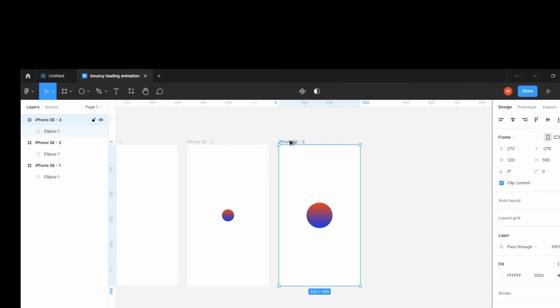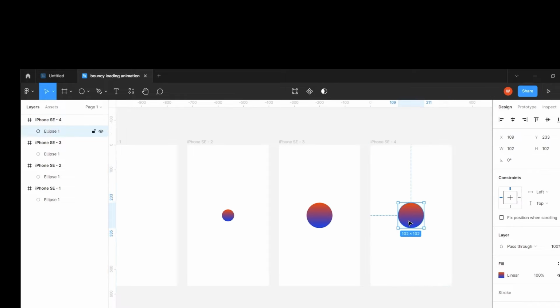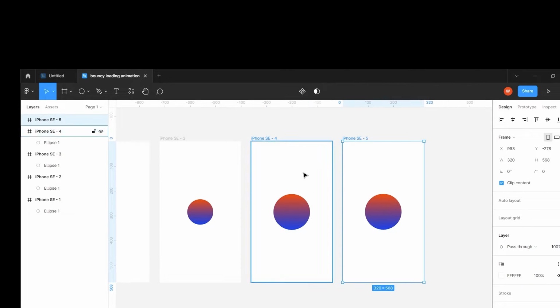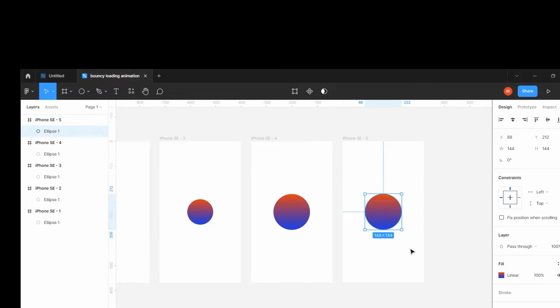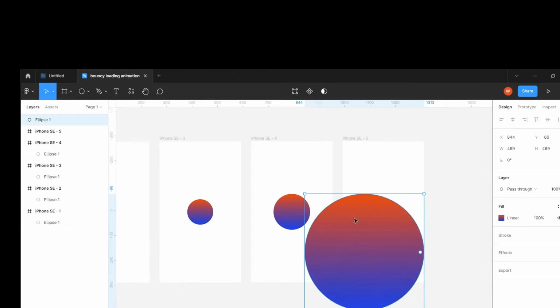Then I'm going to duplicate it again with Control D. Make it a little bit bigger than it. Again, bring it in the middle. Then I'm going to duplicate it again and make this circle completely big, big enough